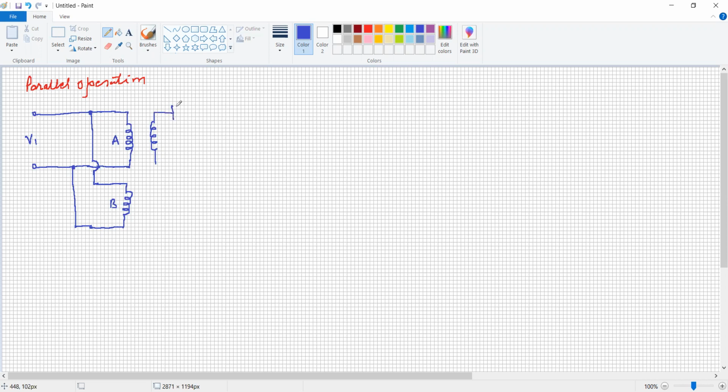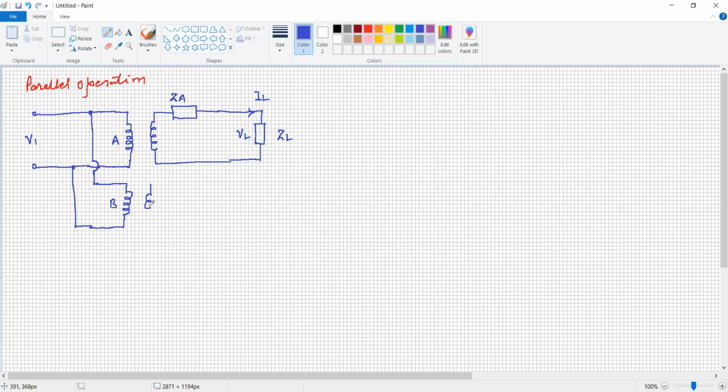For the secondary winding, we will say this is the resistance and reactance, ZA, referred to the secondary side. And here is the load, the common load. This common load is ZL. ZL is the common load, VL is the load voltage across the load, and IL is the current in the load.